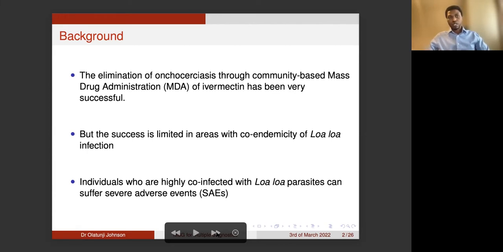Later, another study in that area also found out that, because in the blood you have the microfilarial parasite, they could measure the level of parasites in your blood. They found out that people with a high density of the parasite are the ones that are affected the most. And there was also a study that found that in regions,